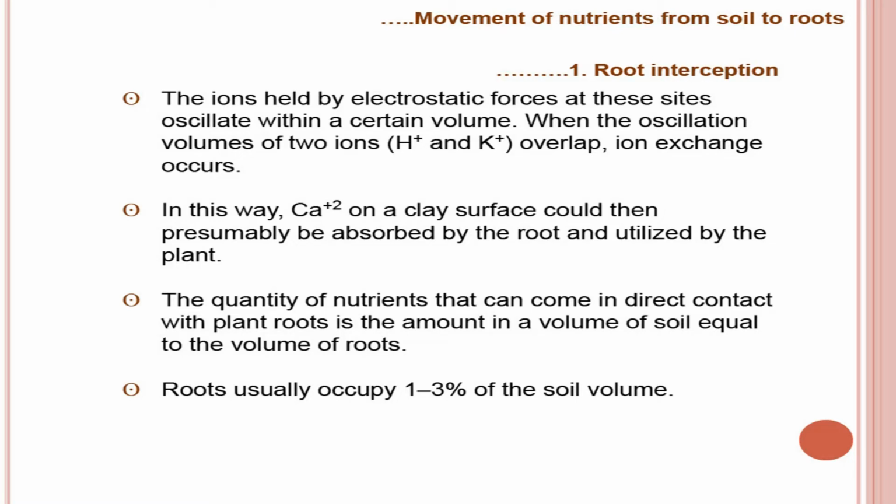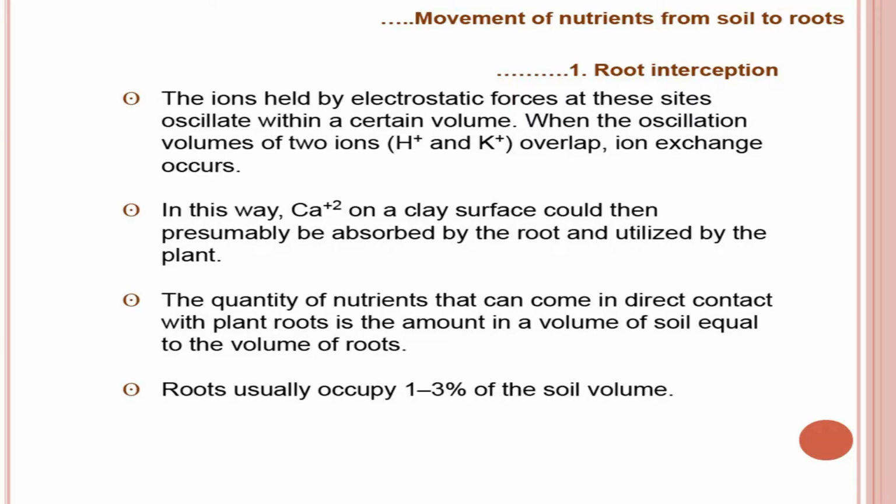Of course, this root interception will also vary depending upon the kind of roots plants have. So, normally there are 4 kinds of roots or root extension or distribution in the soil system. One is that roots may be compact and shallow, meaning they are distributed mostly in the upper layer and they are very compact, not spreading. The other kind of root may be compact but deep, they are going deeper into the soil, but still they are compact, not spreading. The third kind of root may be shallow spreading, shallow roots which spread near the soil surface.